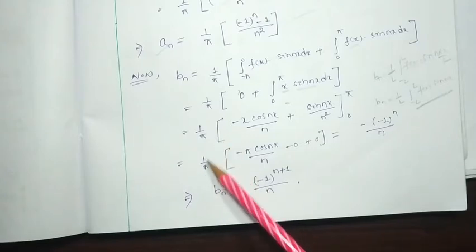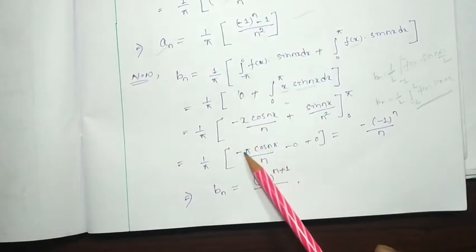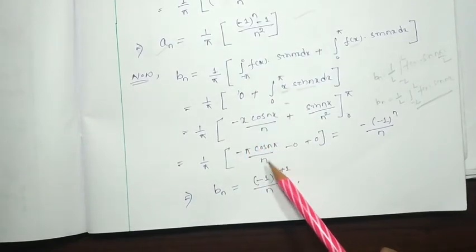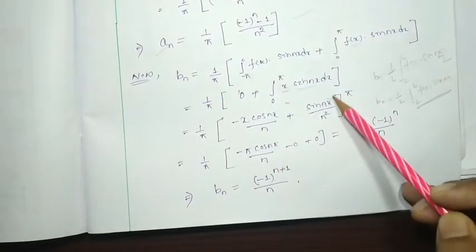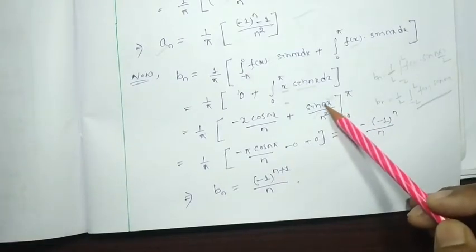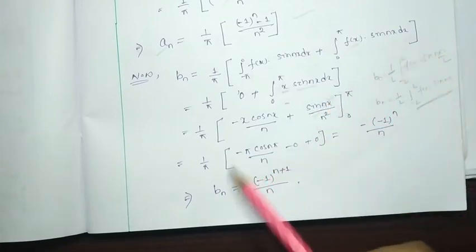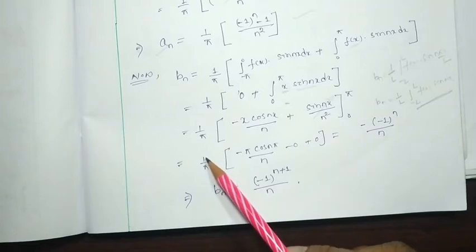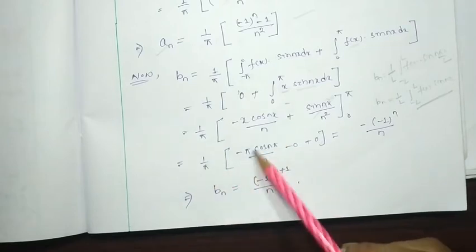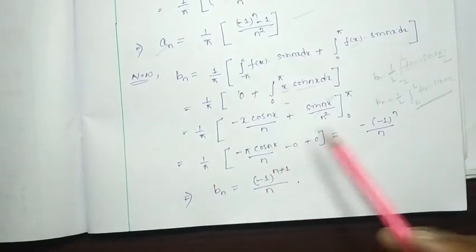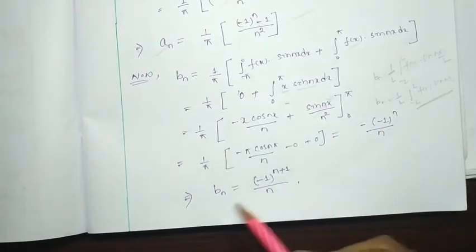So here, 1/π, we have to put the limit, it will be π. If we put it over here, it will be −π cos nπ by n, and we put 0, which gives 0. Then in this term, if we put π or 0 for nπ, n will be 0, and sin 0 is also 0, so this term will be 0. Then we find 1/π times −π cos nπ by n. Here π got cancelled, and −cos nπ is nothing but −(−1)^n. Here another minus is there, so it will be (−1)^(n+1)/n. So b_n we found is this much.